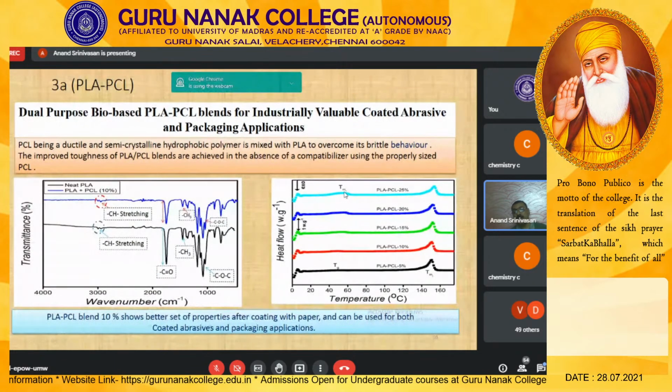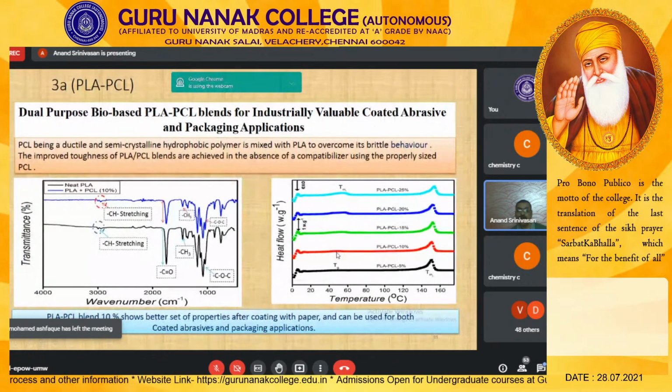Therefore, when you keep on increasing the percentage of PCL too much, you get 2 different melting points, which is not the thing that we wanted. Therefore, we optimized the percentage of PCL in PLA at 10%, and the melting point is not even disturbed. When 10% of PCL is added with PLA, the melting point is not compromised. You can process the polymer at the same melting point as your PLA polymer.